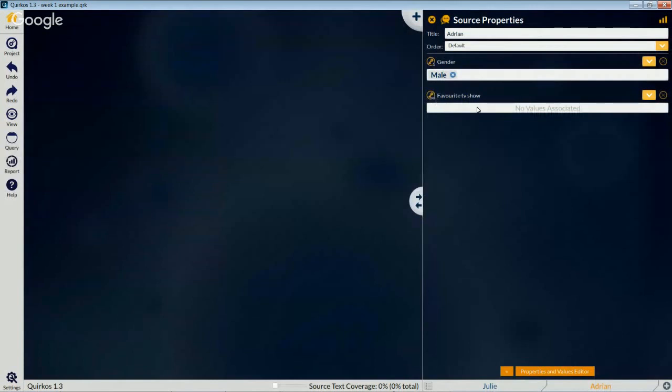And if we click on favorite TV show and the downward arrow here, we'll see we've got those two values, news and X Factor. So now somebody can be a fan of the news and X Factor. And you can remove any of these at any stage just by clicking on the cross there. Now, if we go to Julie, we can describe her as being a fan of X Factor and news, just